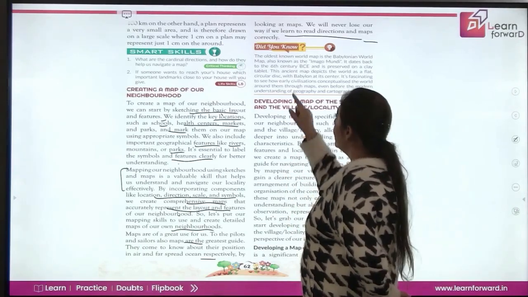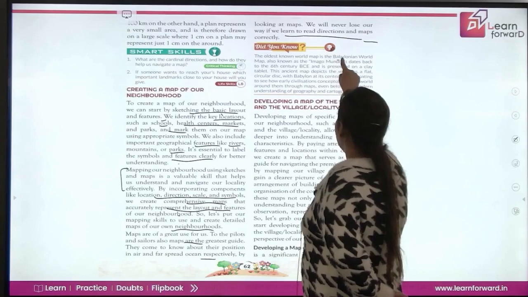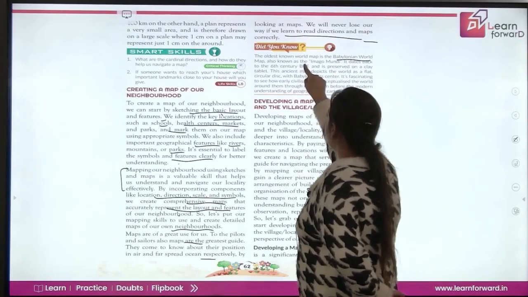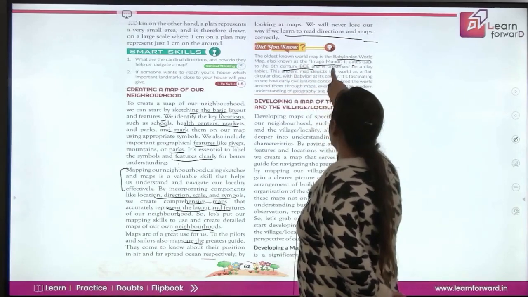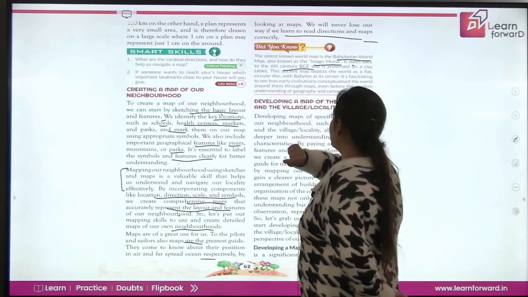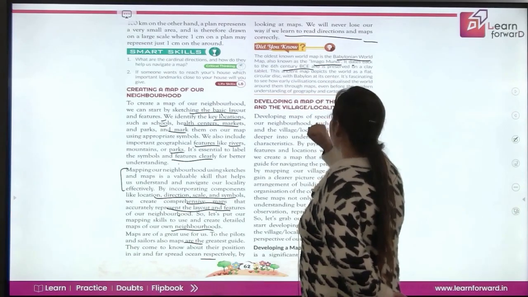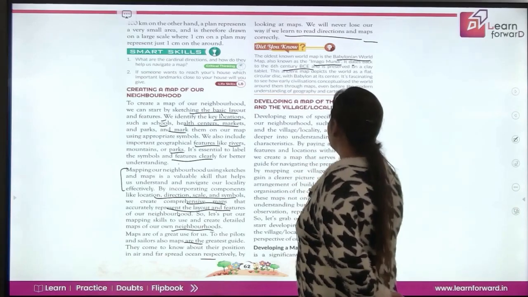Now let's understand the oldest known world map is the Babylonian world map, also known as Imago Mundi. It dates back to the 6th century BC and is preserved on a clay tablet. The ancient map depicts the world as a flat circular disk with Babylon in the center. It's fascinating to see how early civilizations conceptualized the world around them through maps even before the modern understanding of